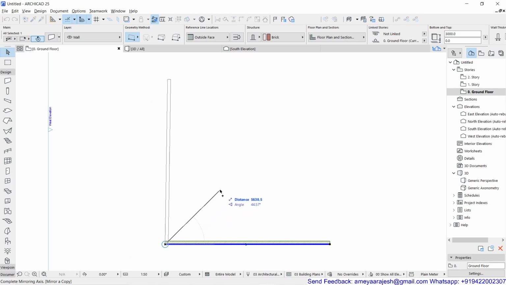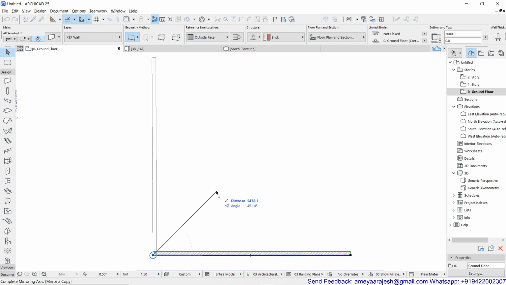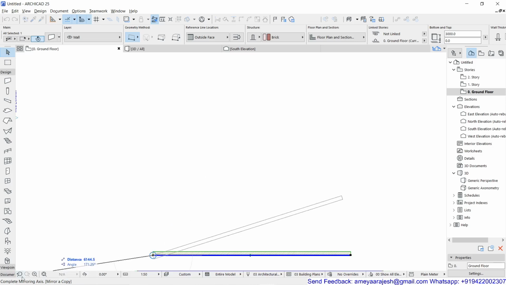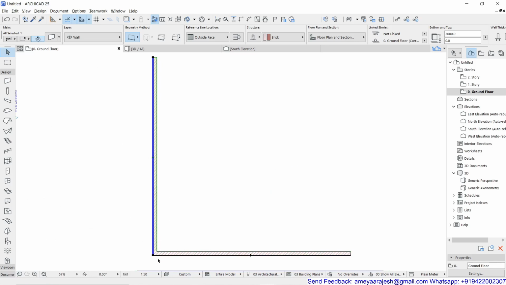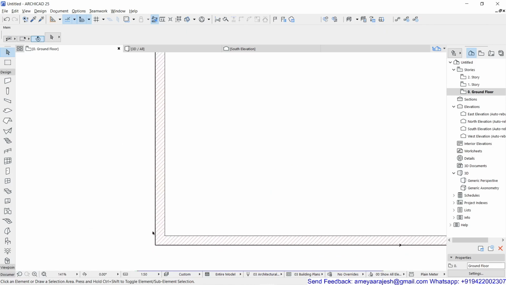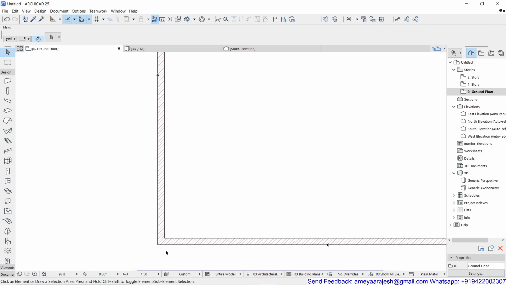And if I drag my mouse to the 45 degree, remember, my mouse should go on the 45 degree side. So the moment I capture the 45 degree, I'm just going to pick one point, because the angle, the direction, is very important, not the distance. The moment I complete this by picking the point, if you read the prompt, it is written complete mirroring axis. So I'm just going to complete this, and the moment I click over here, you will see this time you have not made the mistake, because if you deselect the object, both the walls show the reference lines exactly on the outer face.